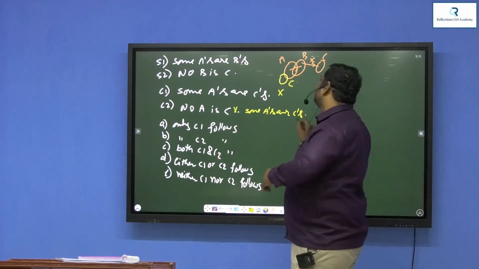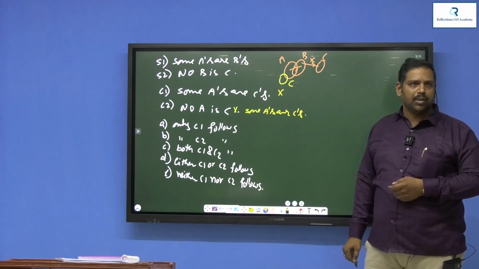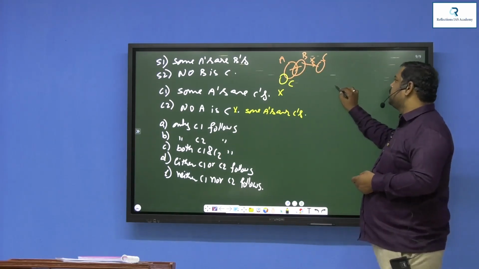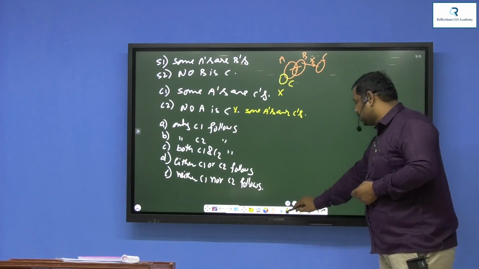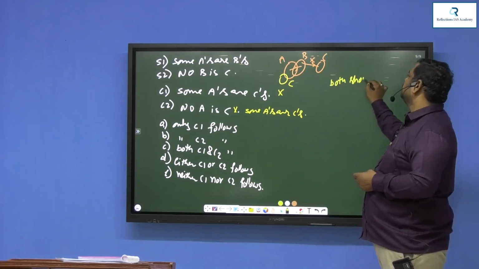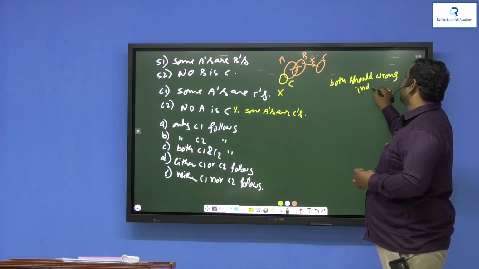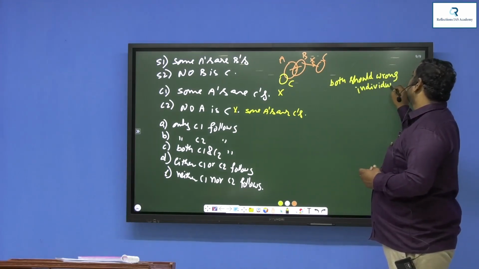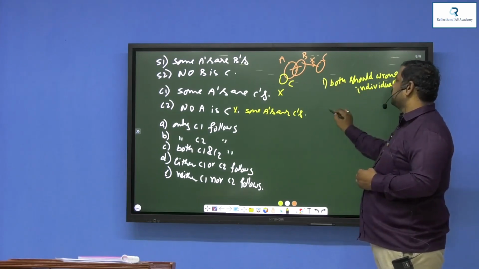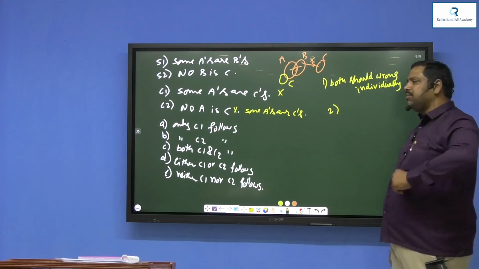So, either or, if you want to go, it has to satisfy some condition. Individually both should be wrong. Okay, this is the first condition. Is it happened or not? Second one is that